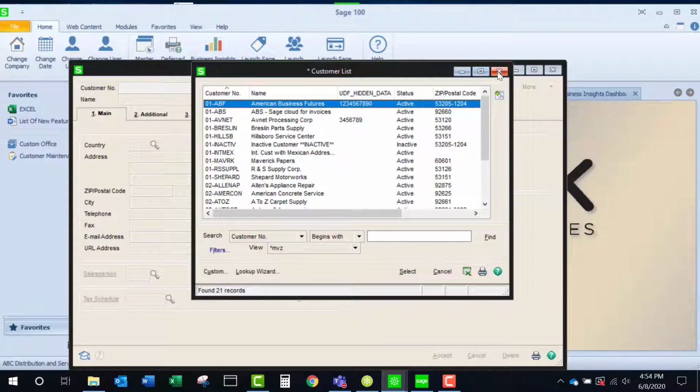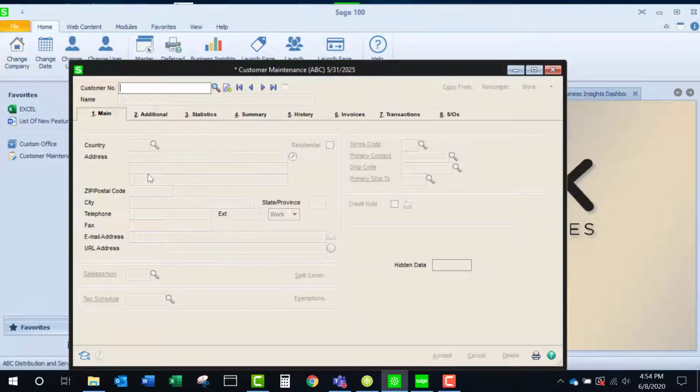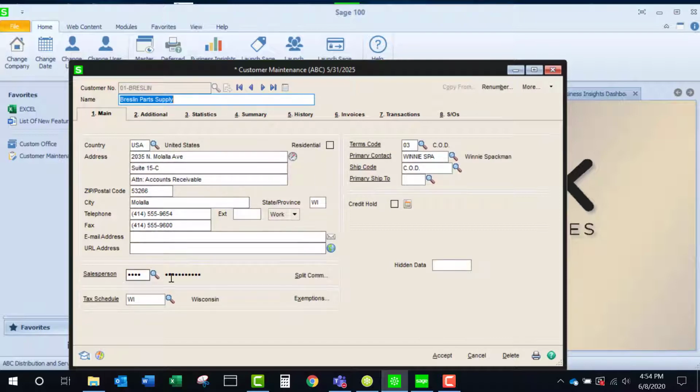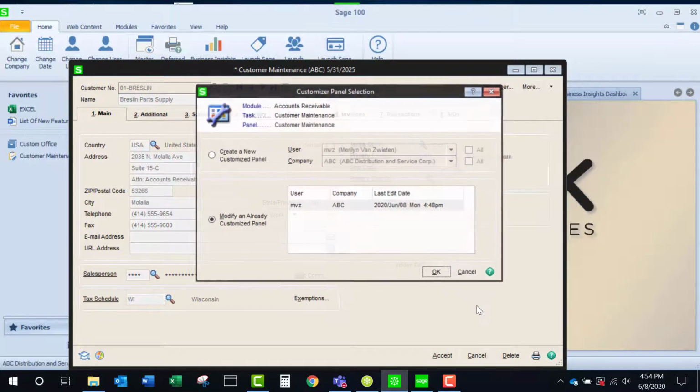Another thing to think about is any of this data that is on this panel can also be hidden. Let's say we don't want users to be able to see a salesperson. What I've done here is gone to the panel, and I'll show you where that is, and then I had said to mask that data. Let's take a quick little peek. We'll go to Panel Settings, to Customizer,